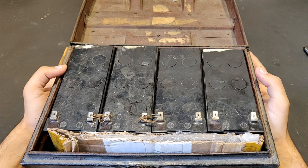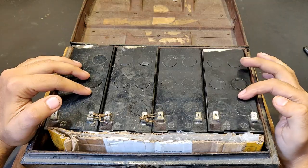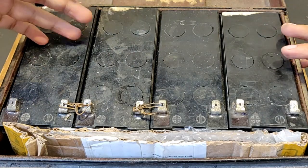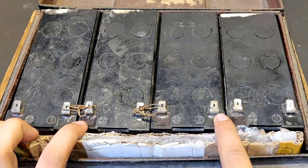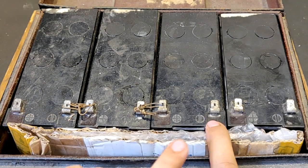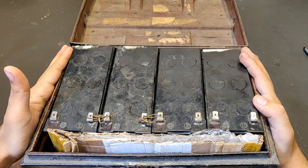Hi guys, here what you see is a 48 volts battery pack that is made from 12 volts 7Ah UPS batteries connected in series. Here you can see two of them connected in series and one is still not connected. So I'm going to connect this one too in series, and then the final output will be used to make